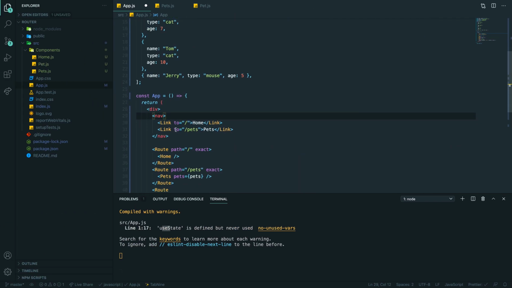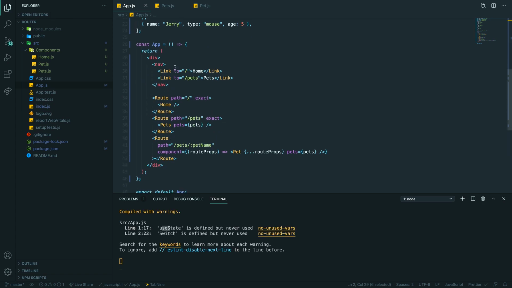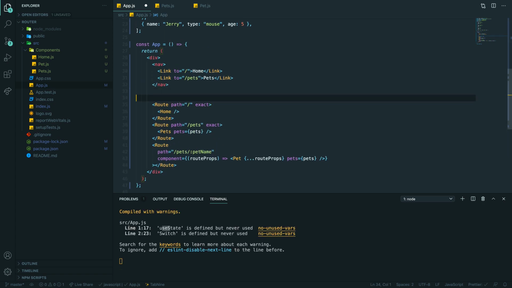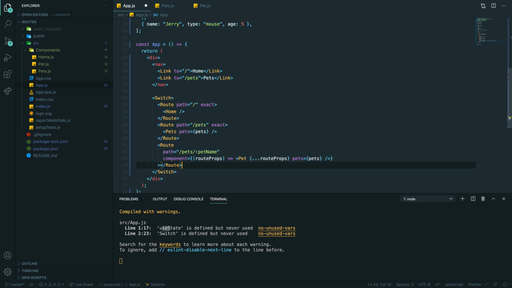Let me show you. So now we can actually import switch and wrap our routers, and you might guess this switch works as a regular switch. So it will look for the first match,